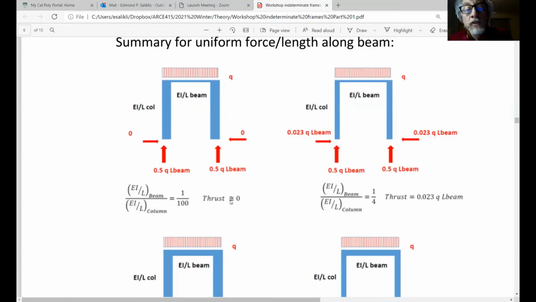What is the influence line? The influence line is essentially 0. Why is it 0, ladies and gentlemen? It is 0 because